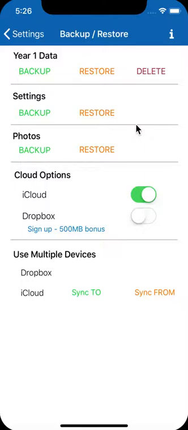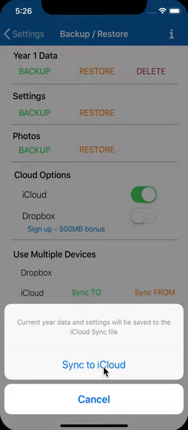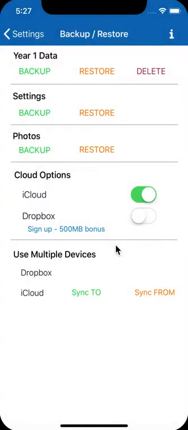Lastly, if you do move back and forth between 2 different devices, the app doesn't sync automatically because it doesn't require internet connection to be on all the time. So if you are switching, let's say from an iPhone to an iPad, what you can do is on your iPhone device, if you've enabled one of the cloud options, you can tap sync to and you'll say sync to iCloud, and the latest data will be sent to iCloud. Then if you go ahead and go to your other device,